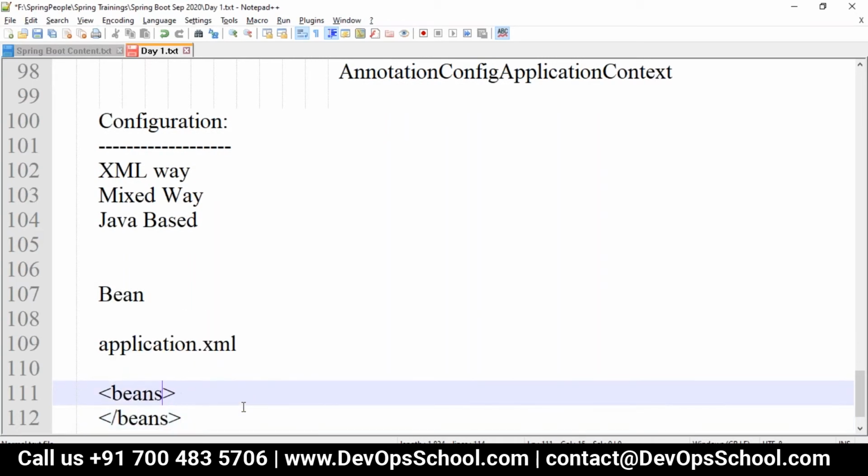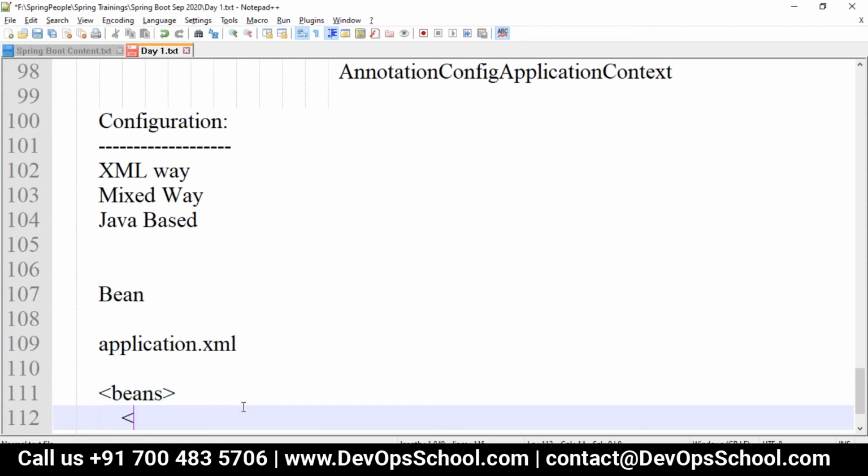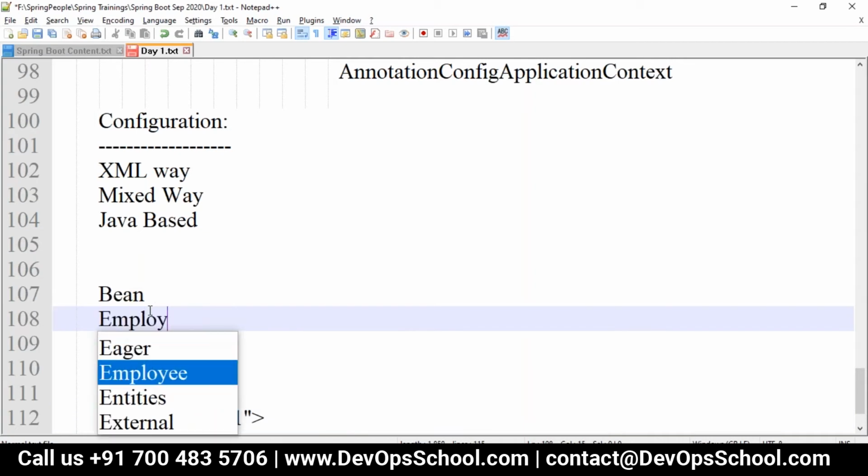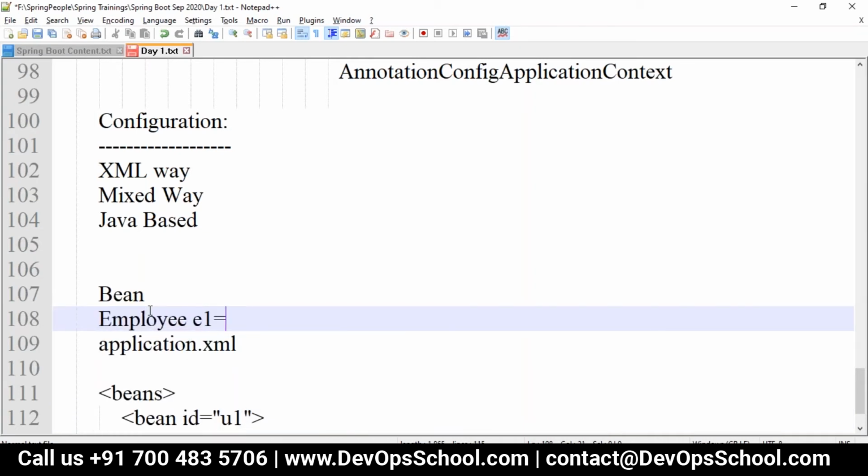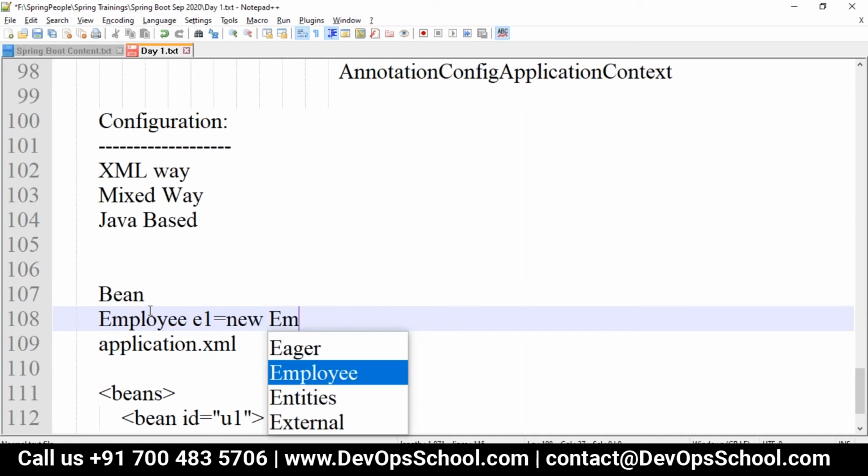We can go with either DTD or XSD for the schemas. Then inside the beans, we write a bean tag. The bean tag will have an ID, which is for unique identification. If you are creating an employee, like Employee e1 equals new Employee, in the normal Java way of coding we write this code.